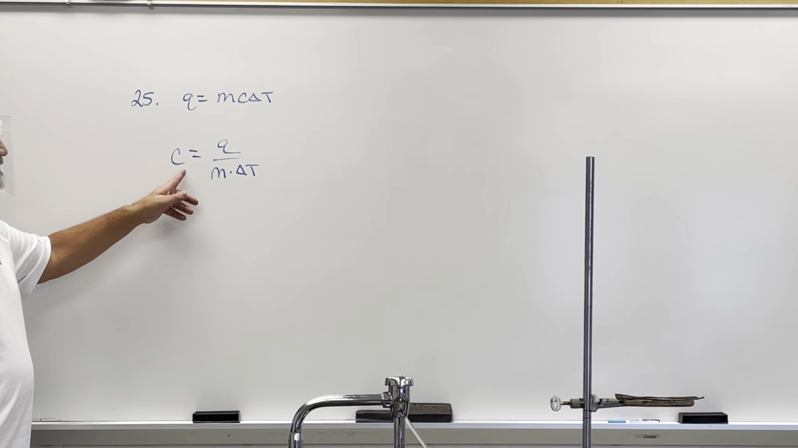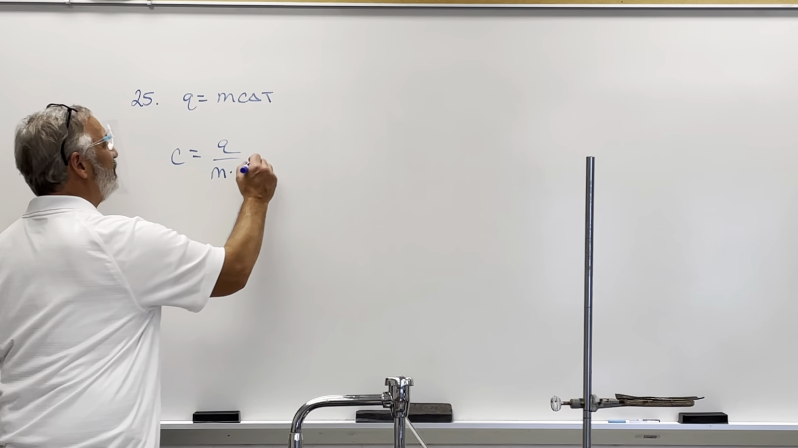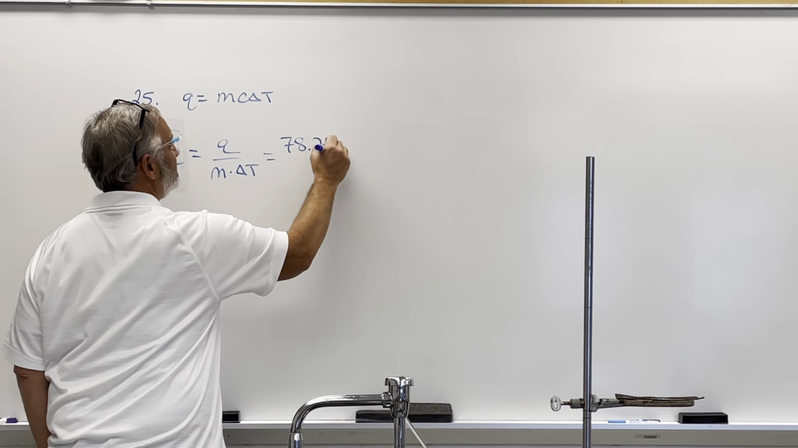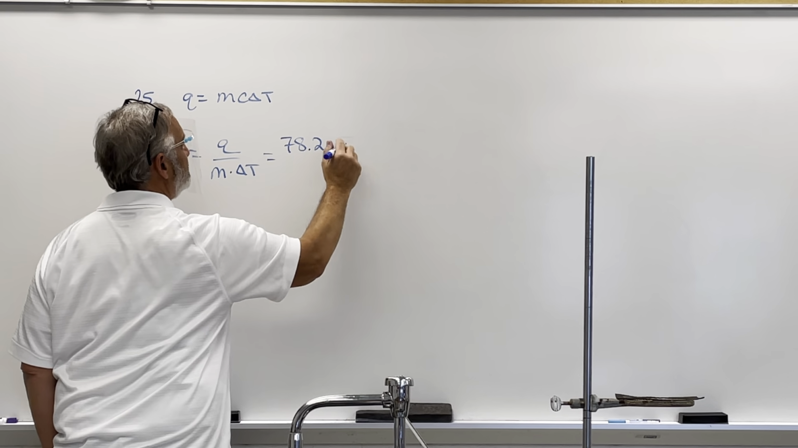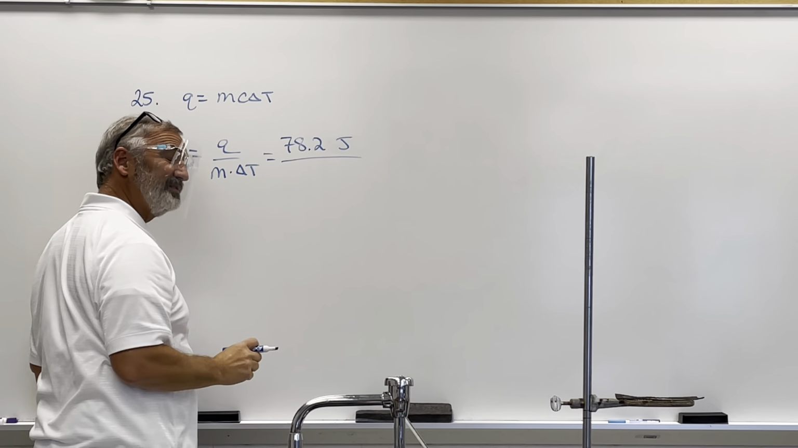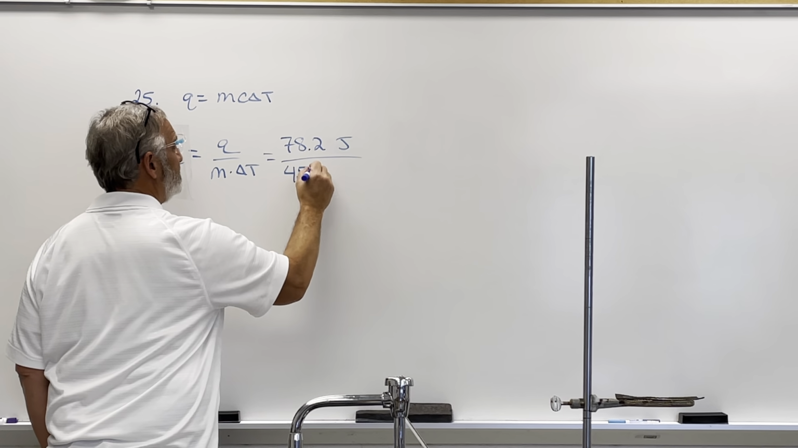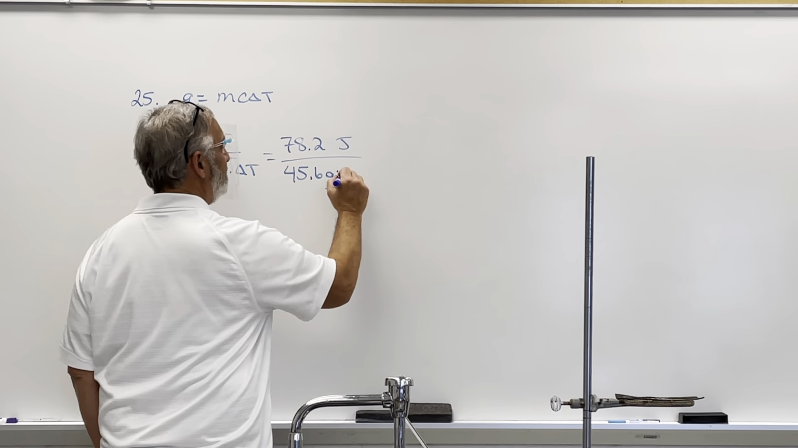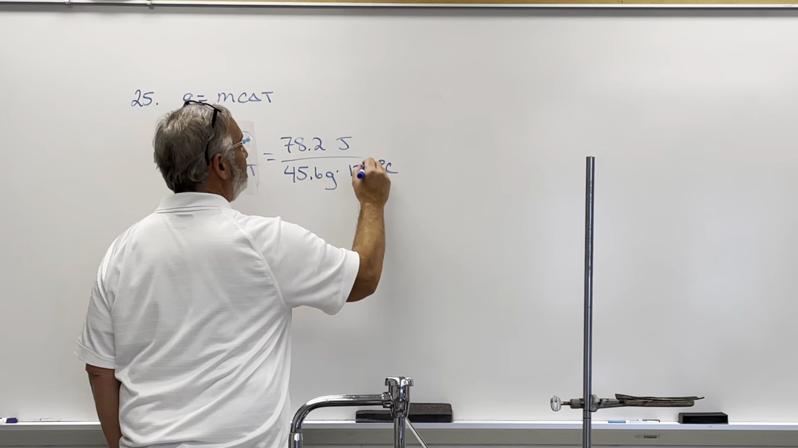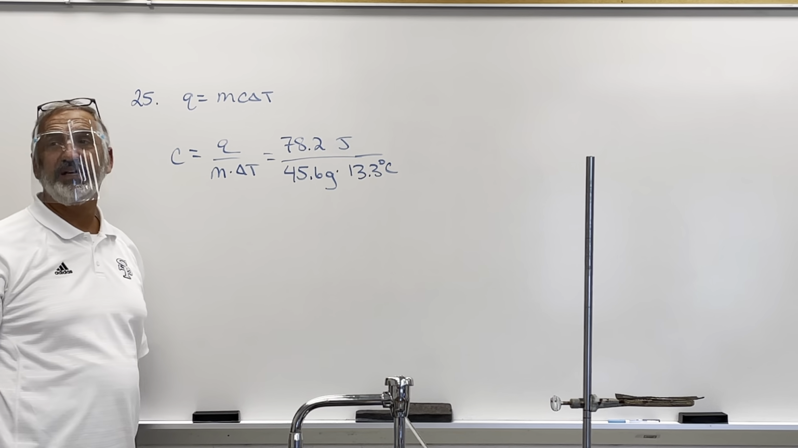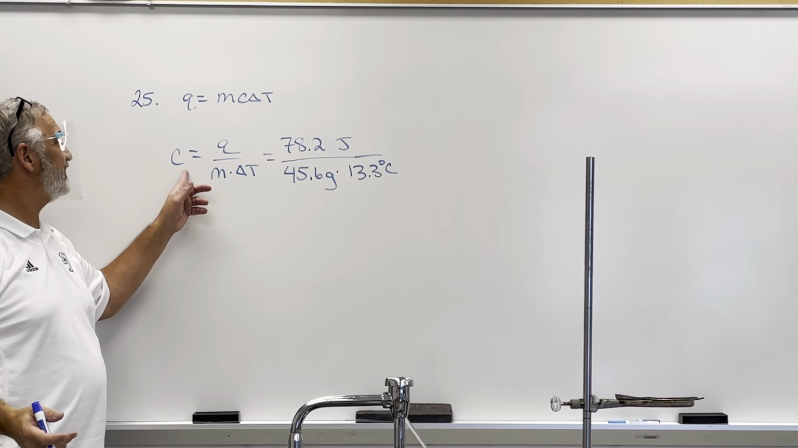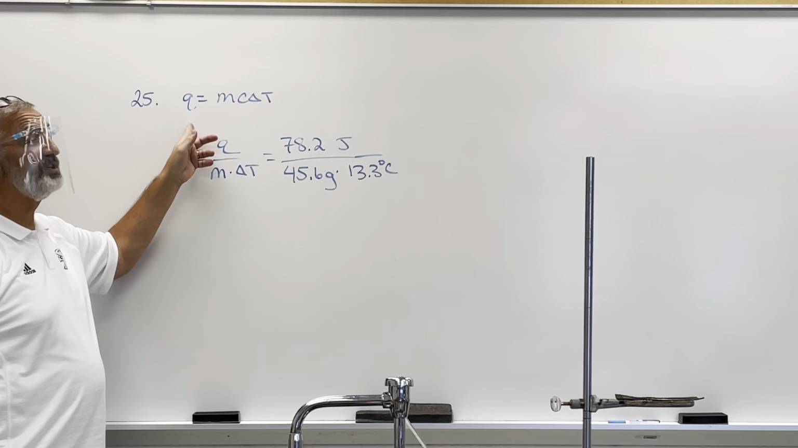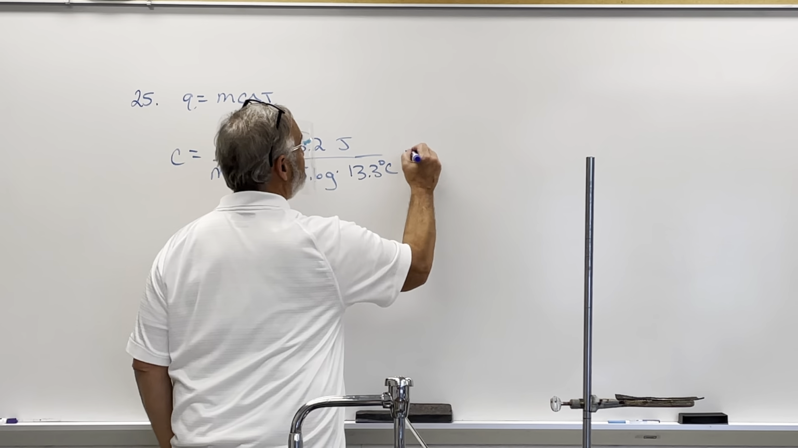So, C is equal to Q over M delta T. So we know what Q is equal to? 78.2 joules. The mass is equal to 45.6 grams. And the change in temperature? 13.3. So very simple problem as long as you know how to recognize this. I think this equation is given in this form on the AP test, in terms of specific heat versus in terms of Q. But all of this turns out to equal